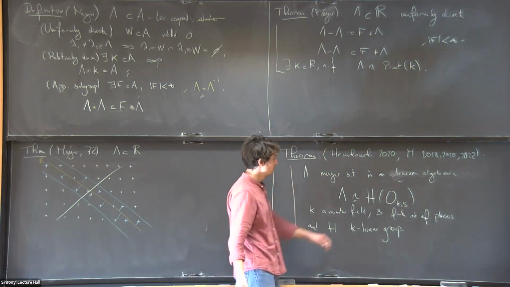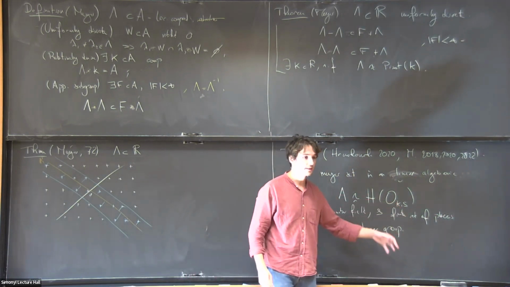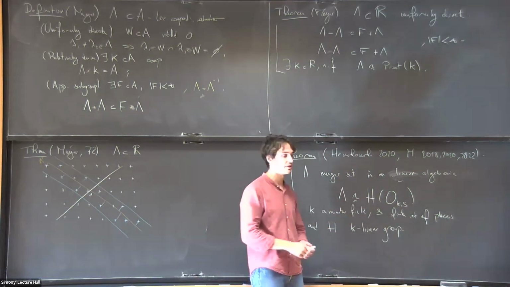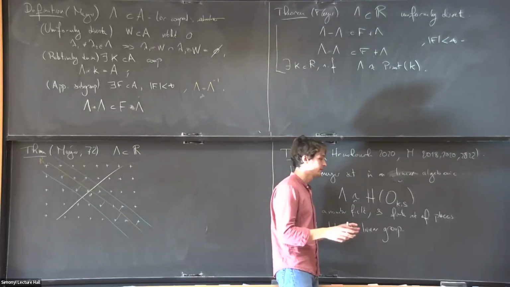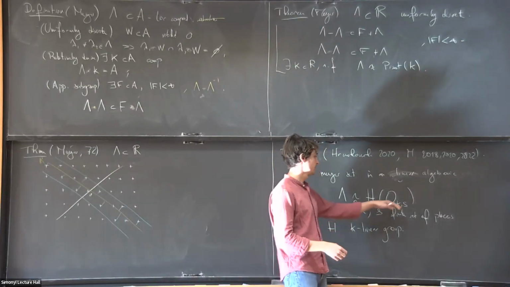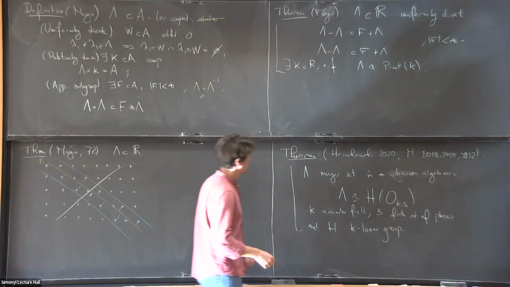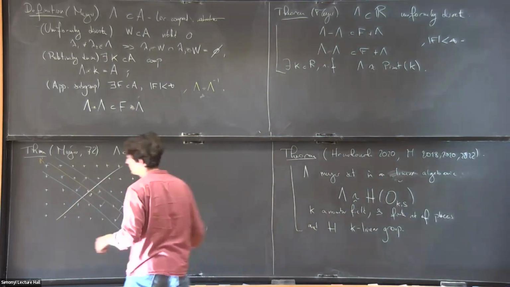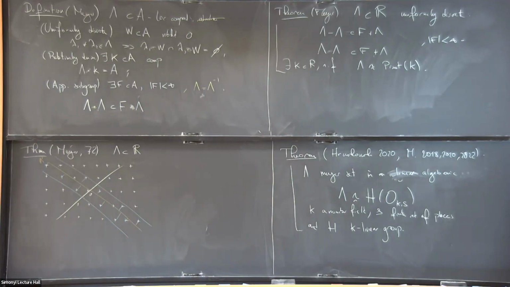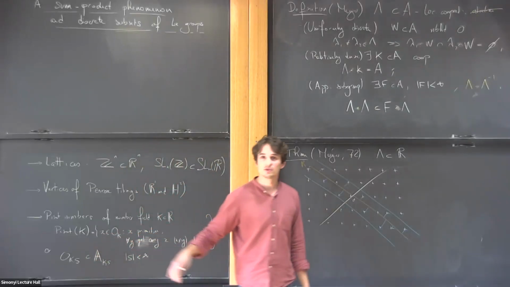Okay, and what does it mean to take H of OKS? Well, H is going to be linear, so it's in GLN, in some GLN, and you just take the points with entries in OKS. Okay, and so what's nice is you find again, as I said earlier, these things are just, when you think about it, a generalization of the piece K.